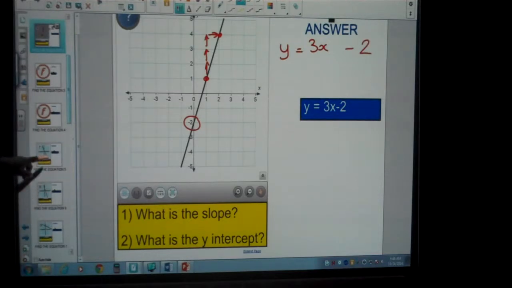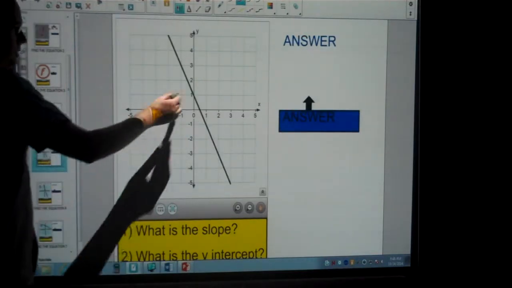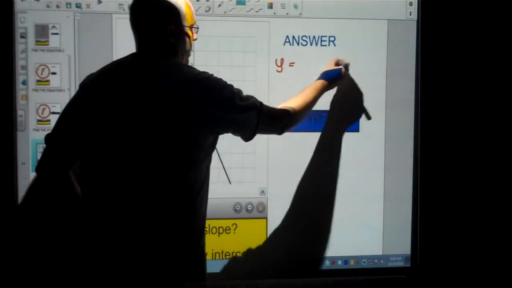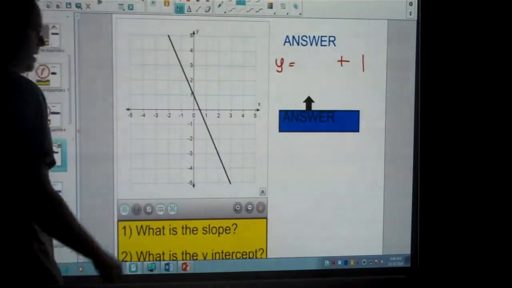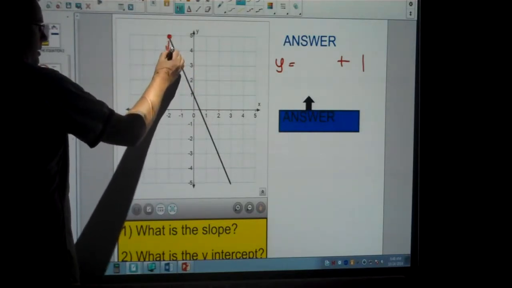Let's go find some with negative slopes. So one like this one. So this one's going down. It goes through 1, so I'm going to go ahead and fill that in first. It's +1. And then when I come to work out my slope, I can see that it goes down 2